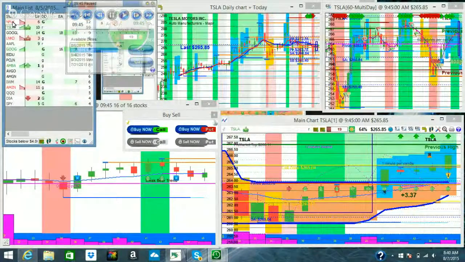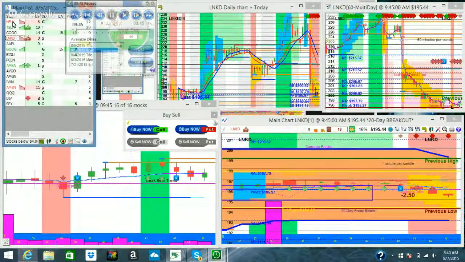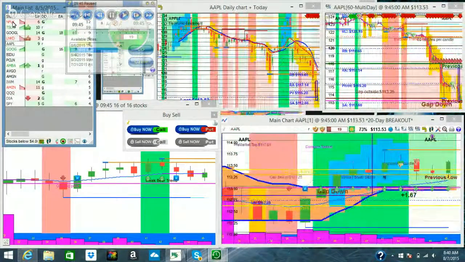Okay, so this one, we're reaching almost to a previous high. Kind of had some selling and buying in the morning. I'm not really interested in this one either. Google, we've already seen two kind of tops right there. That's a clear indicator that it's probably done. And it's a little bit higher risk, let's just put it that way. It's higher risk to get in a trade that has two highs back to back like that. LinkedIn, no, definitely not. Apple, okay, so we got some nice consistency in the moves here.